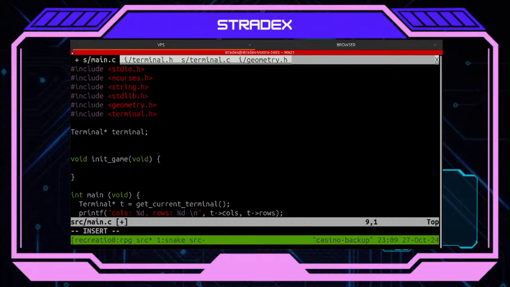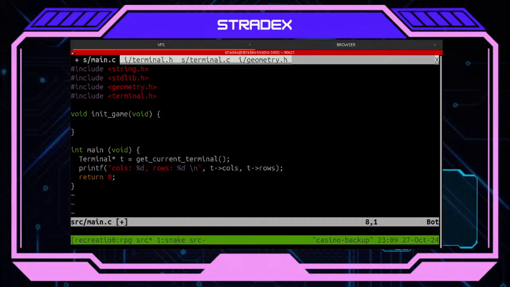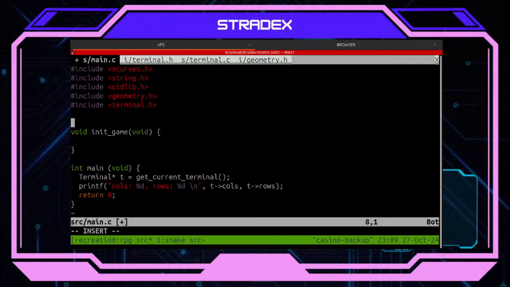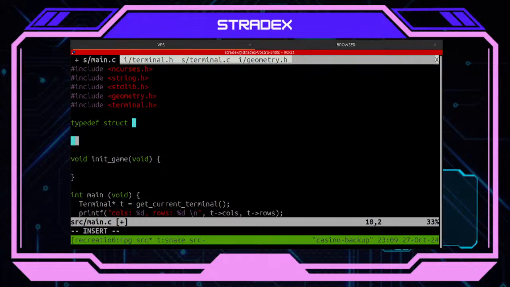What more? Let me see how to call it though. I actually can create a struct for this that we can type here. Struct game, and let's access here a terminal.